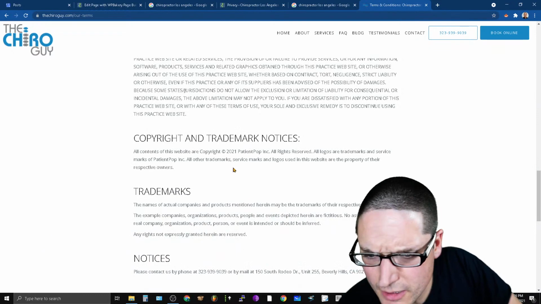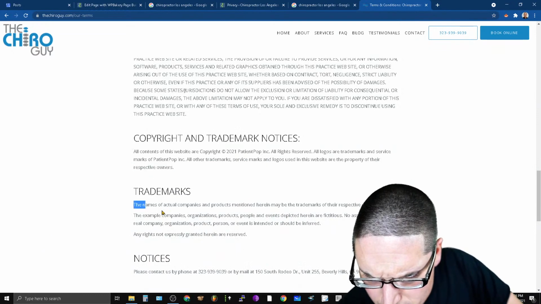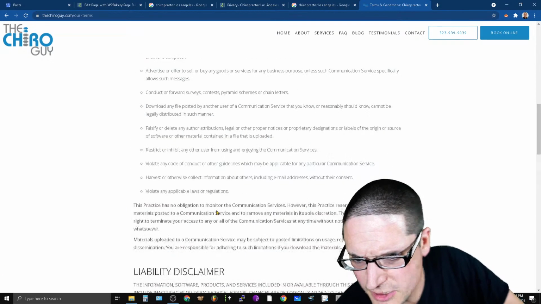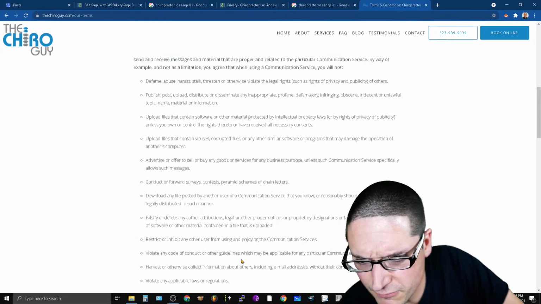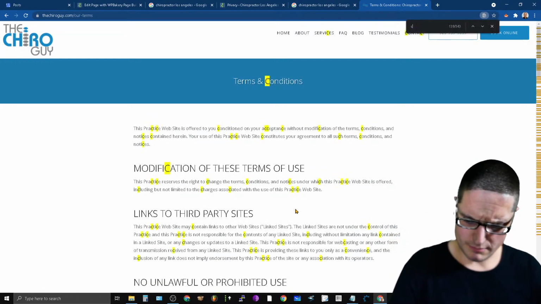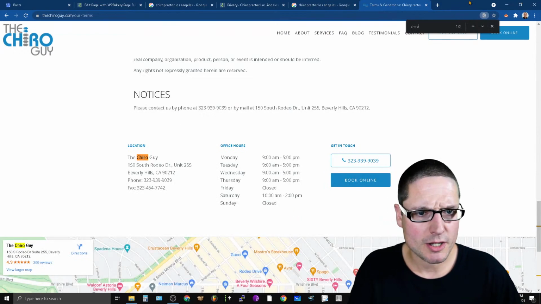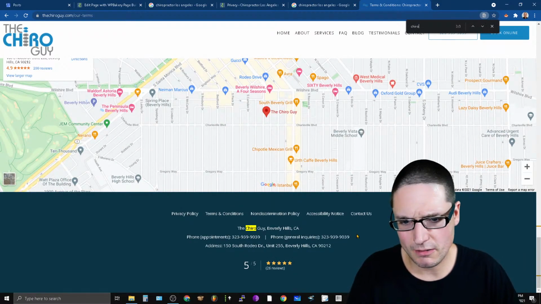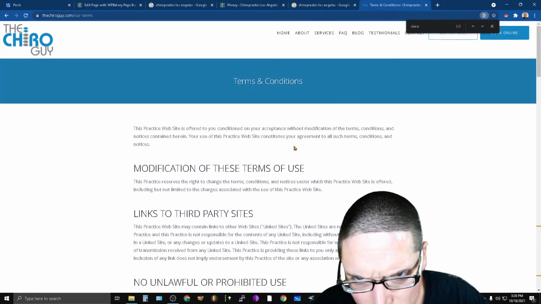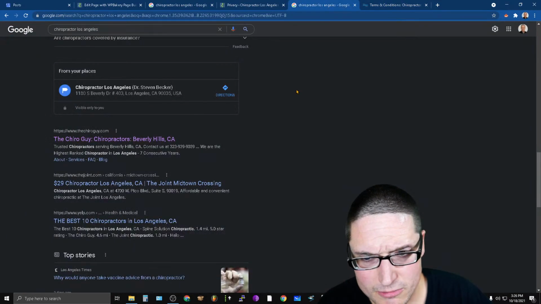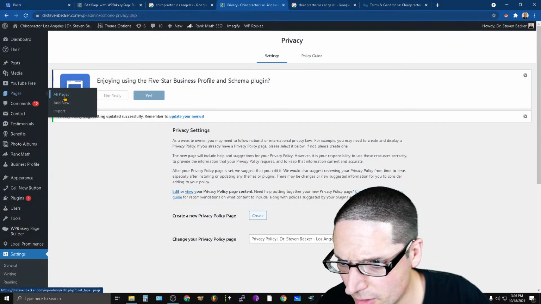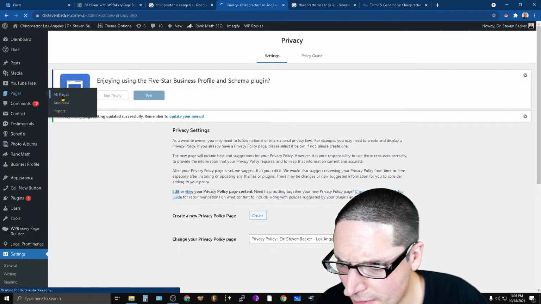Copyright, trademark. Okay, so you're using this. Trademarks are the names of the actual products and their trademarks and respective owners. Okay, so this is a copy-paste job. They literally did a copy-paste from who knows where. Let me just take a look here. So, Control F. All right, so they literally copied and pasted the content. Okay, so it's the same thing I did. They just wanted to make sure they had the pages. So this looks like an SEO job to me. Well, that's okay. We need it too. All right, so let's get over here. We're going to go to all pages.